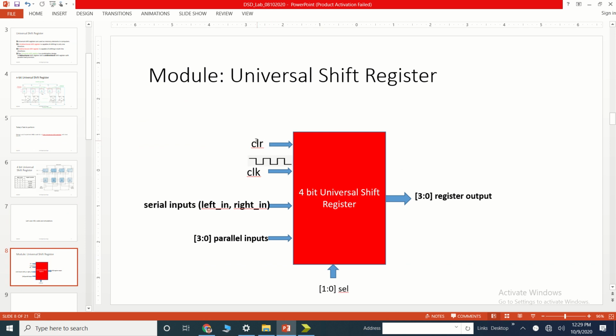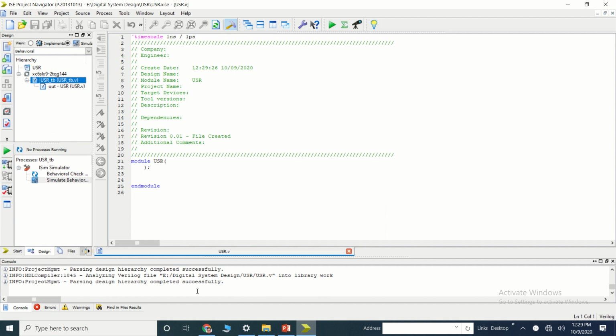What are the inputs? The clear we have applied as input, clock we have applied, the serial input left in and right in both. So the clear, clock and the serial inputs are of single bit. Okay. Then this parallel input of 4 bit, the selection line of 2 bit, and the output of this register is of 4 bit. So the same we are using in this.